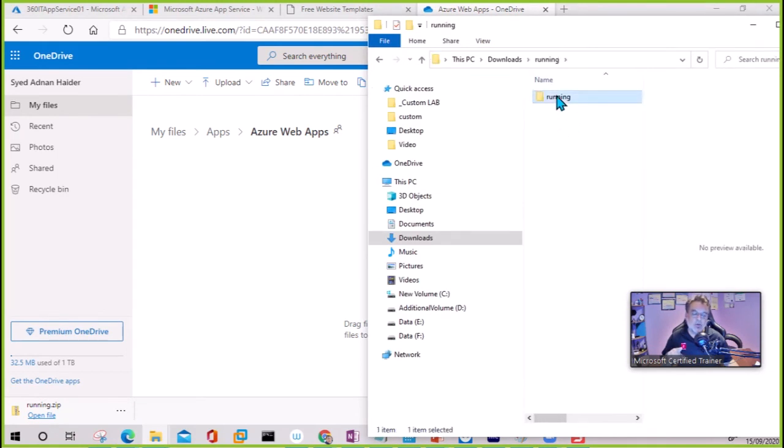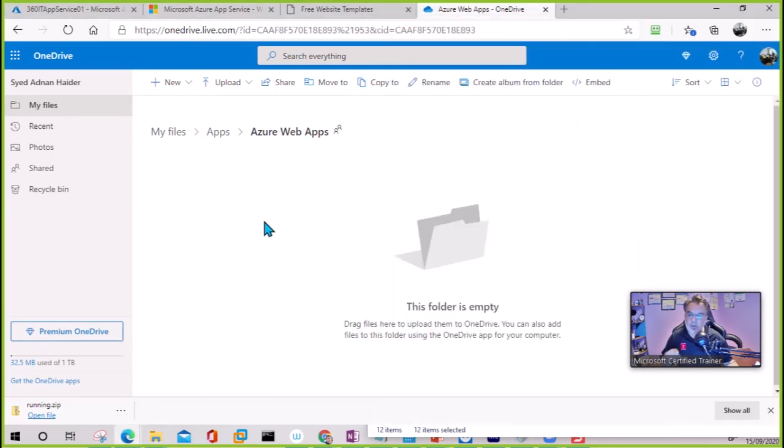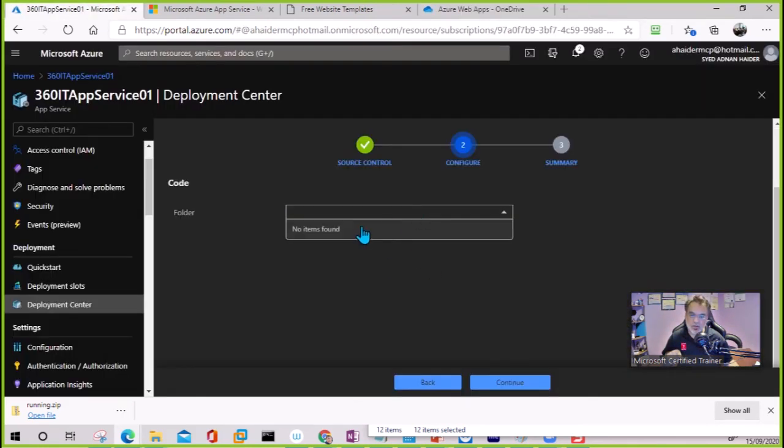I'm going to make sure that you're all the way inside the folder, and you need to copy all these files, where the index file is the main one and all the rest of the files. Before even copying here, first we need to connect it. For now we don't see any folder. Once we connect, I'm going to connect it to my service plan, and I don't see my service plan